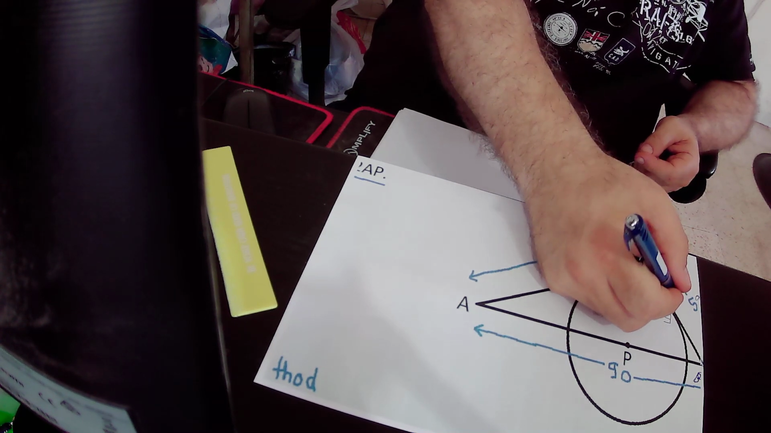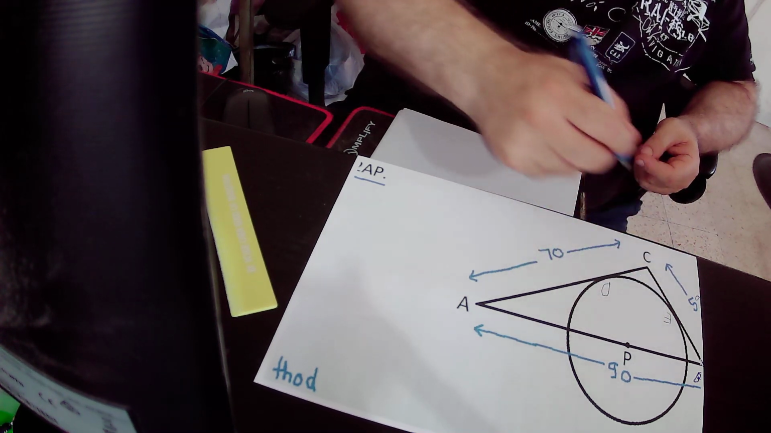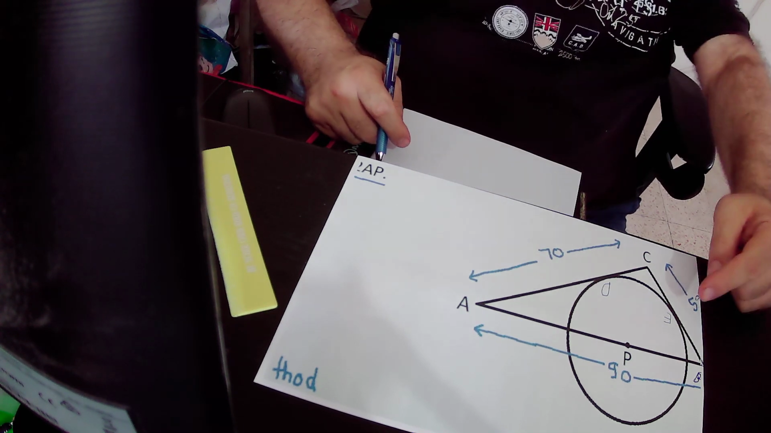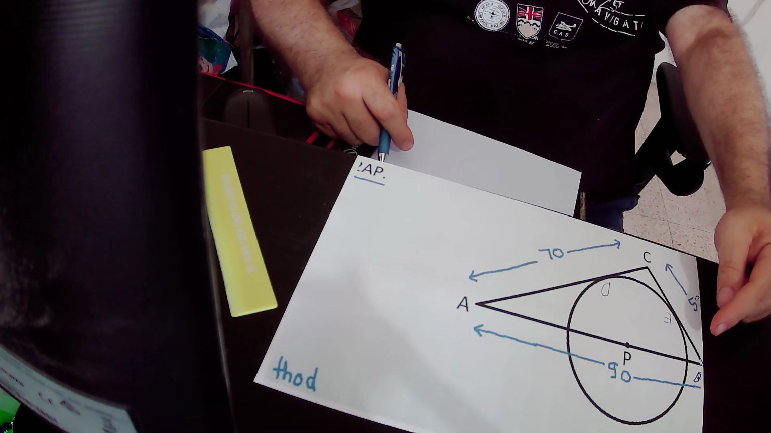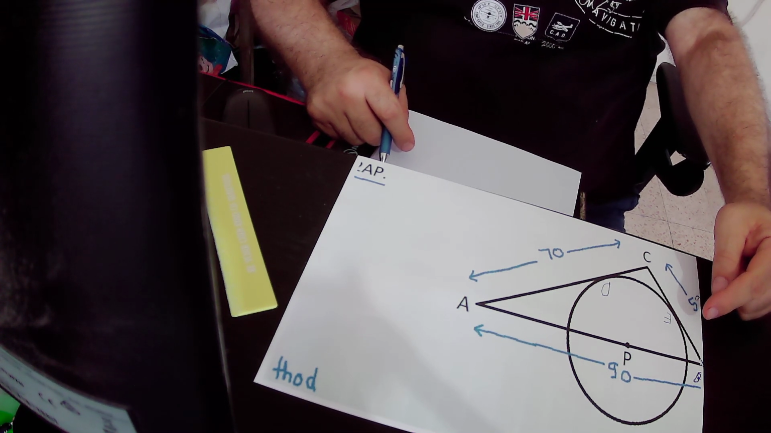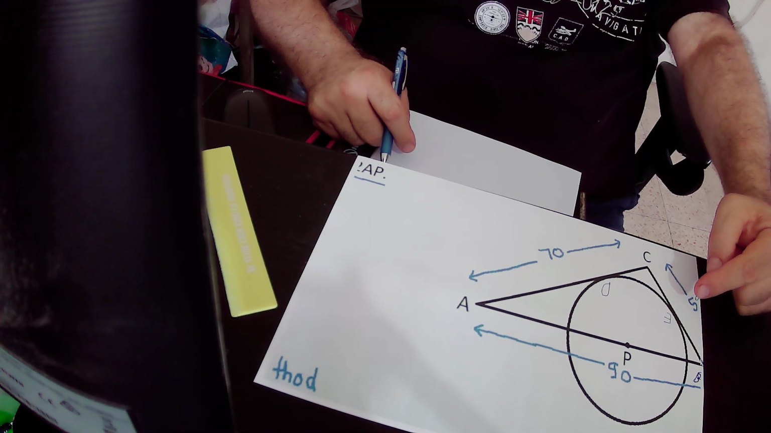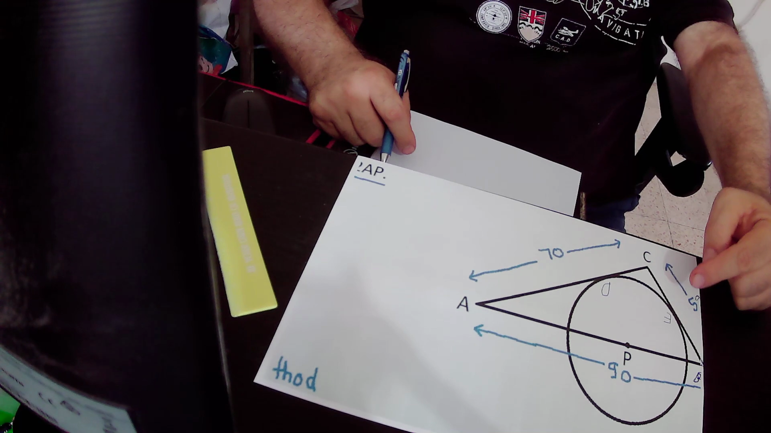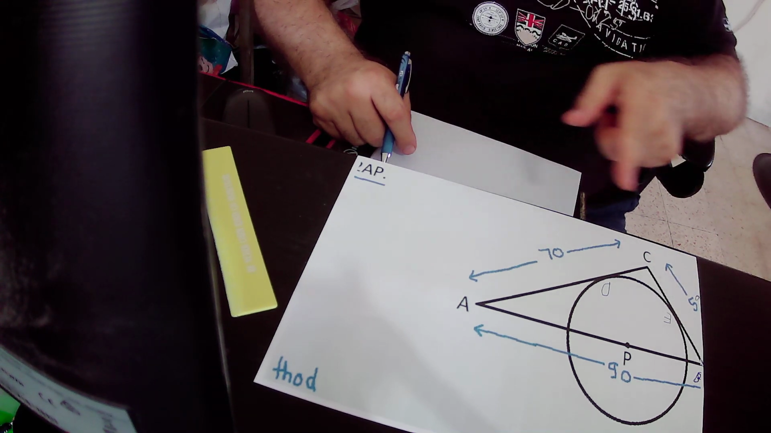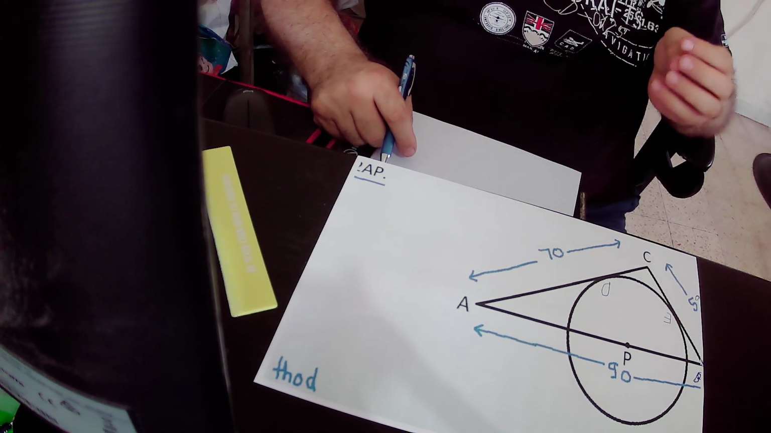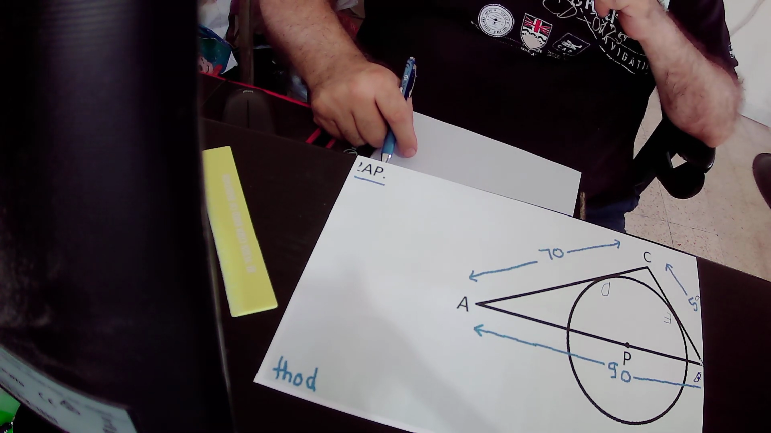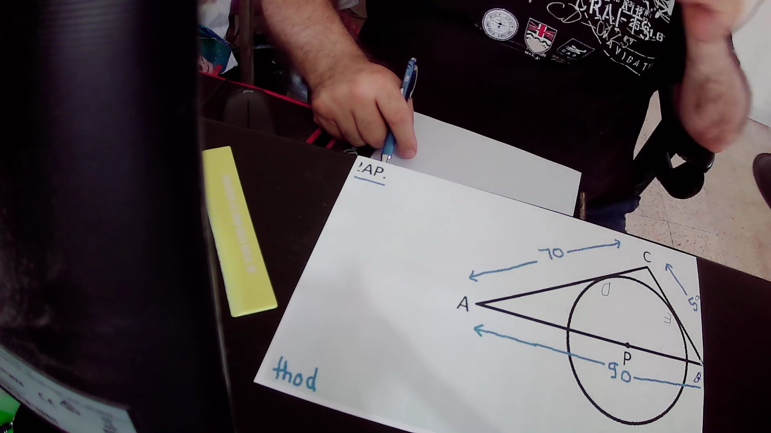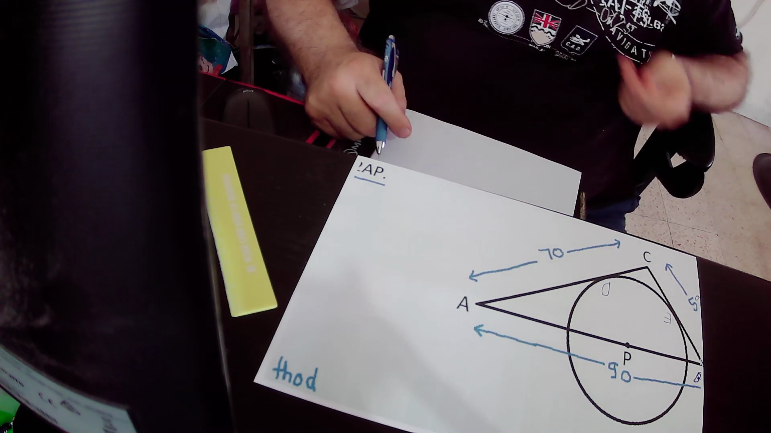So the touching point is point E of side BC. Side BC tangents the circle in point E, and the side AC tangents the circle in point D. Okay, so